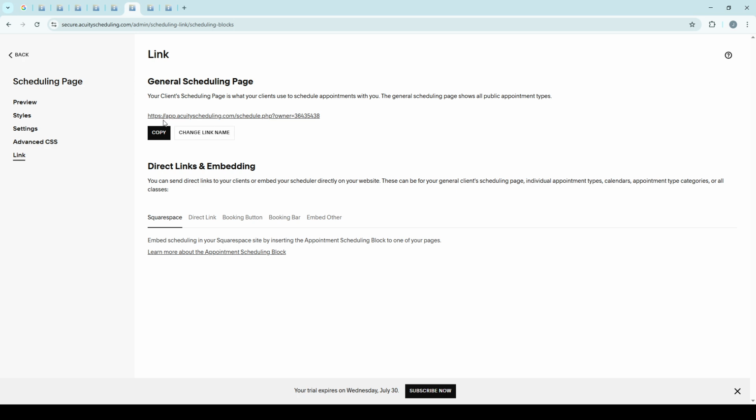And there you have it, a streamlined process to make the most of Acuity scheduling, helping you manage your appointments